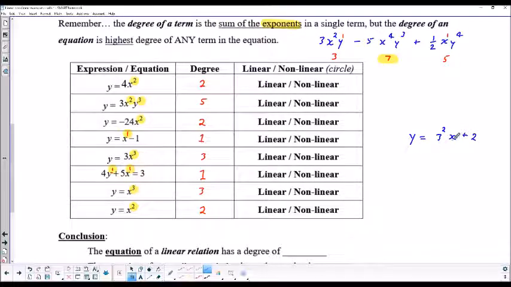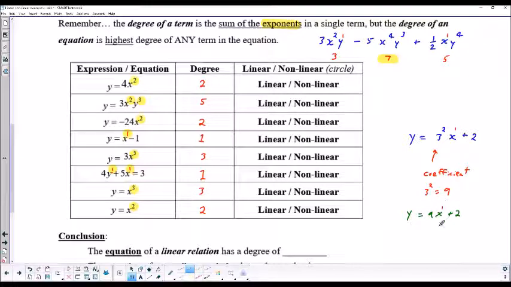Okay. Now, what's the degree, or what's the exponent on the variable? Well, this is the thing that we're more worried about. We're more worried about the exponent on the variable, not on the coefficient. So that's just a coefficient. And so that would be just a little bit of a trick if it were 3 squared. But 3 squared we know is just 9. So therefore that equation can just be written as y equals 9x plus 2, where the exponent on the x